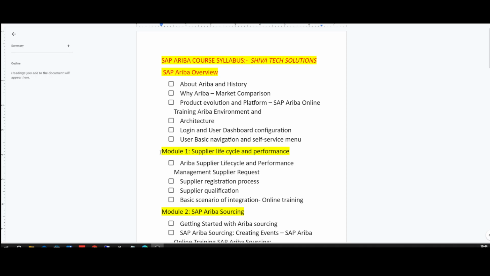So this module 1, supplier lifecycle and performance, comes under upstream. This is a very important module. In fact, it is the first module you need to learn in upstream modules. In supplier lifecycle management,